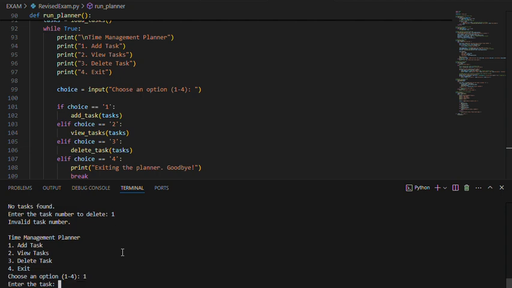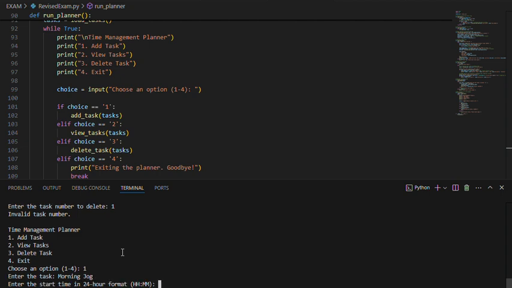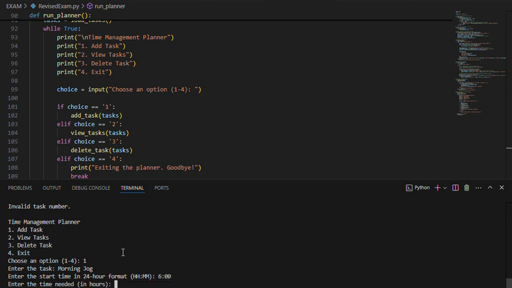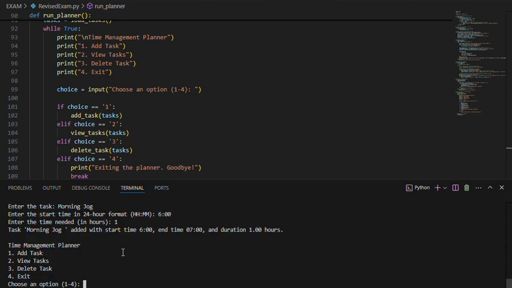So let's add morning jog. Start time, 24-hour format, meaning it's 1, 2, 3, 4, 5, 6, 7, 8, 9, 10, 11, 12, 13, 14, 15, and so on. So now let's add 6 o'clock in the morning. And the time needed for the jogging is 1 hour.